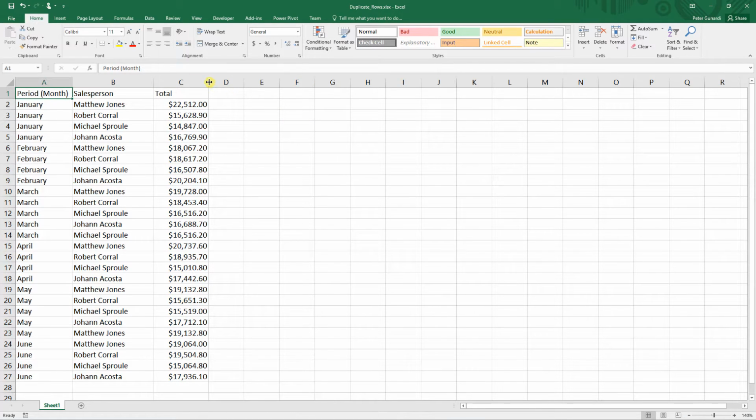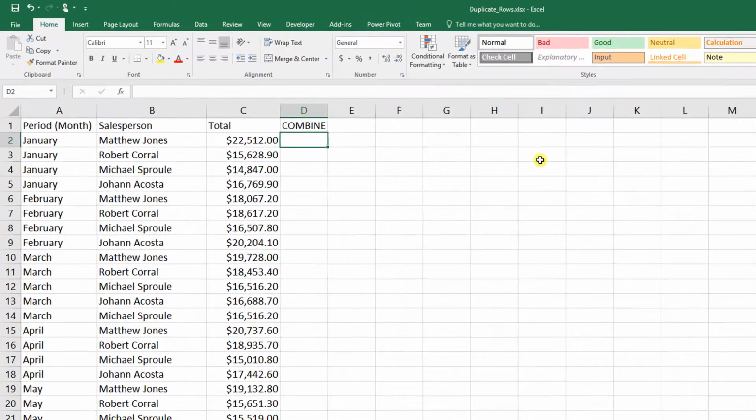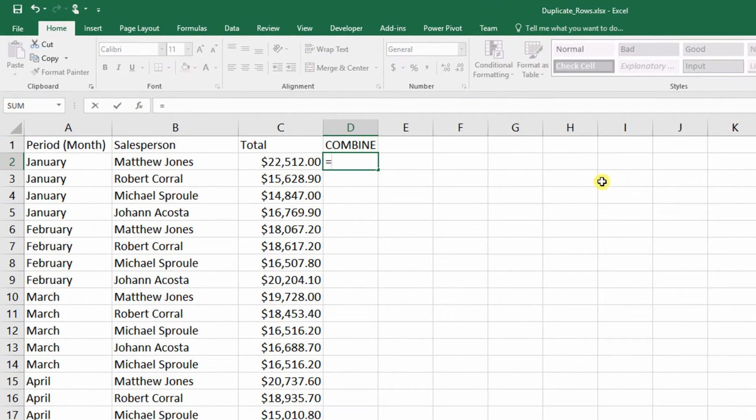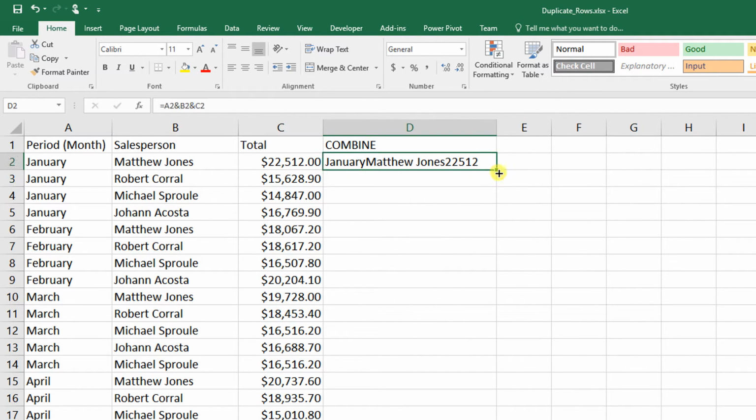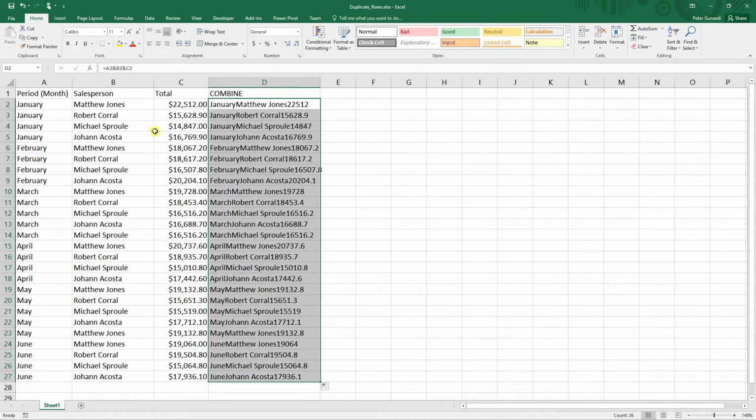So how are we going to figure this out? First, we need to combine all the data into one column. So in here, I will do combine, and I will put in a formula. I'm going to take this one, and concatenate just using the ampersand, this one and this one. Now, if you see, this is a combination of these three cells. And I can just click down here to copy down, and